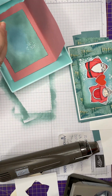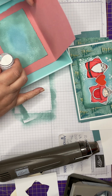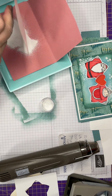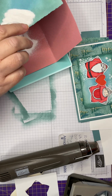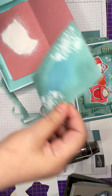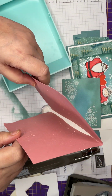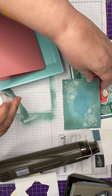I'm using the Wow Opaque Bright White embossing powder, and I'm going to sprinkle liberally over each area. Now, what the embossing buddy, the little bag that you saw me using just now, does, that eliminates any fingerprints or moisture or oils from your hands that may attract the embossing powder. So you get a much better